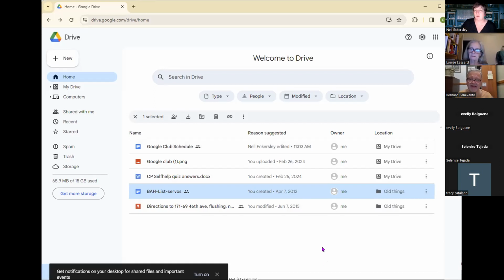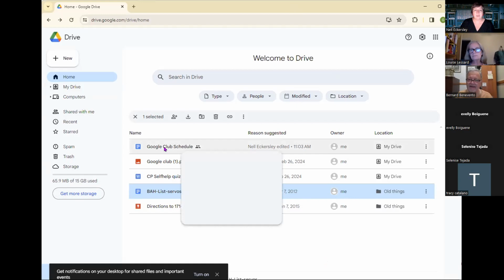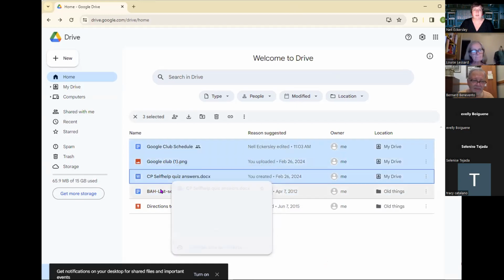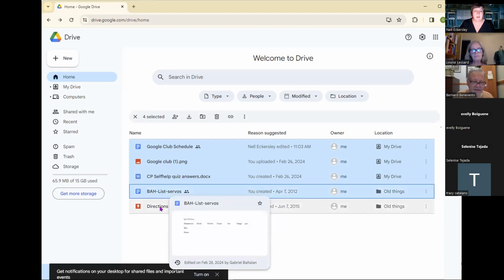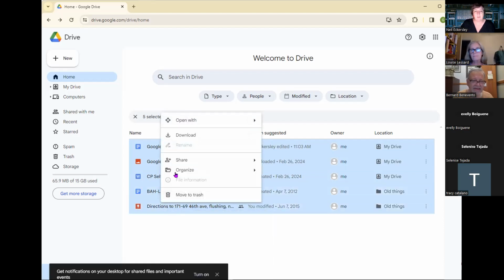We had to do it too. So when we were moving from having our own personal Google accounts to having the Gmail, to having this workspace one, we were supposed to move all the documents over that had to do with work, and it was one by one copying and making copies of everything. But it's actually pretty fast. So if I wanted to make copies of all of these things, I hold down the control key and highlight all these, and I can just make copies. They're gonna let me make copies.